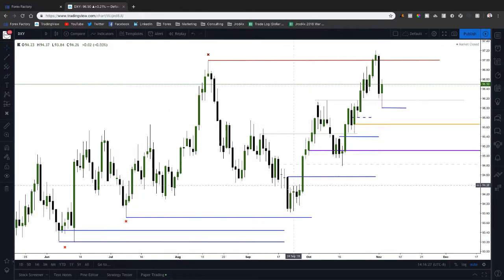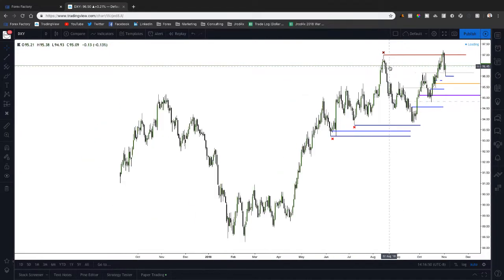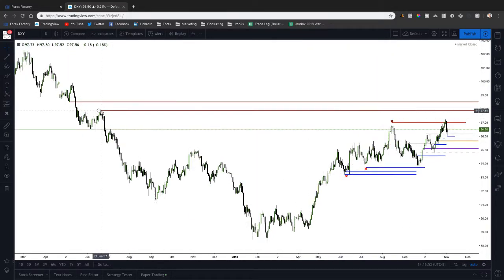That'll be much longer term, way back here, but we have to really see, once we get below 96 big figure, can we hold below that, and are we confirming bearish price action by forming lower lows and lower highs? Overall, I want to see higher prices as long as we remain above the 96 big figure. In terms of targets, first target will be 97.20 on dollar index. Then if we can reach for this liquidity above this high back here, we've got 97.80. And then we've got this ICT bearish order block resting above these equal highs, which comes in at 98.50.